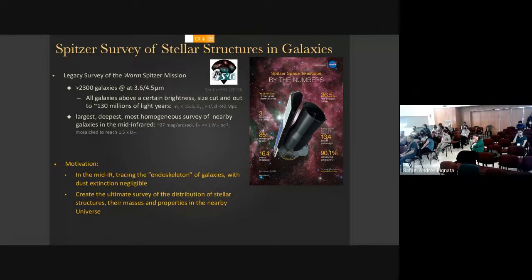The people who have actually started looking at bar properties at higher redshift have mostly done simulations. There is one work that started looking at this. It is very recent, because I was talking to the person. It's the only work that has actually started looking at higher redshift. It's also from the S4D team, but I wasn't part of that analysis. They look using HST data.